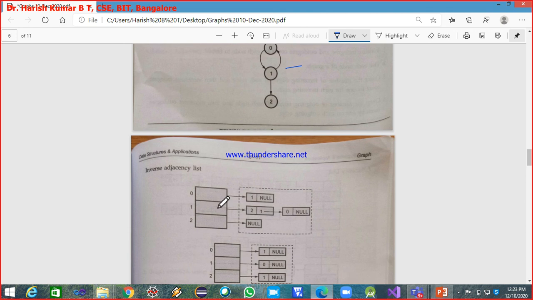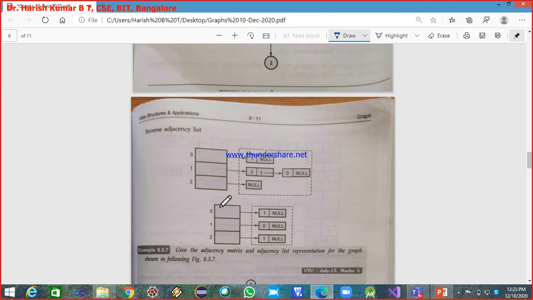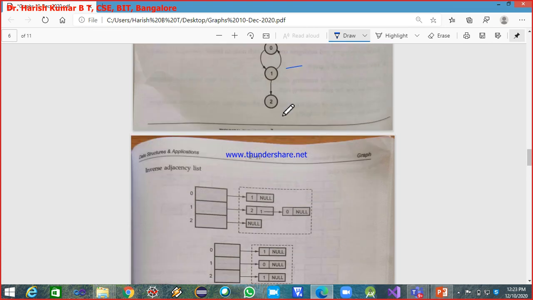Now this is the inverse adjacency list for it. What you are seeing, say for 0, from 0 you can come to 1. That is shown here. From 1 you can go to 0 and 2.